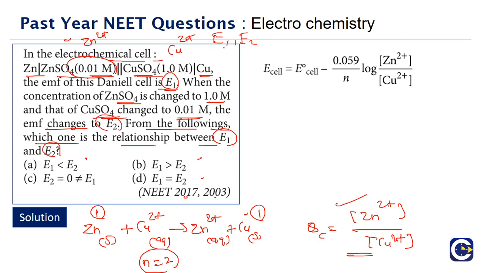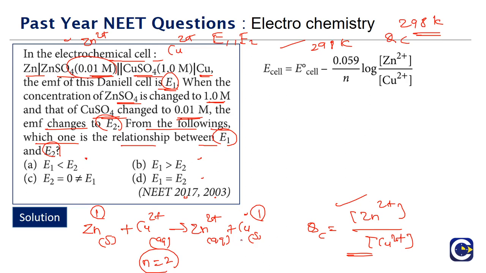So if you look at the Nernst equation, because they have not talked about the temperature conditions, we will assume that the temperature is not changed. Temperature is 298 Kelvin itself. So what is the Nernst equation? E cell is equal to E0 cell minus, this is the formula that we use at 298 Kelvin temperature, 0.059 by n into log QC. This is QC. Already we have seen the expression of QC, how it comes from the cell equation.